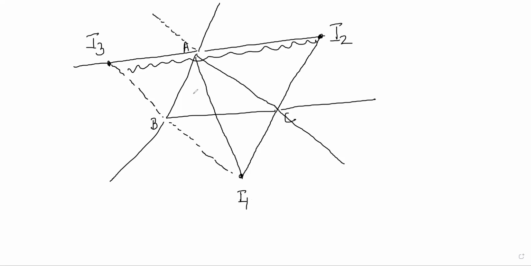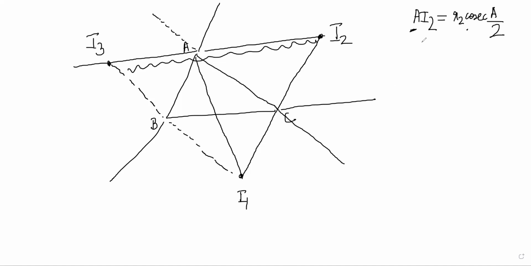Sir, we have AI1, AI2 and AI3. So AI2, we know just like we know AI1 in question 3, right? So R2 cosec B by 2, R2 cosec A by 2, right? B by 2, no? Why B by 2? Opposite to angle B. AI1 was R1 cosec A by 2, no? If it had been BI2, then we would have to take B by 2. You have to realize the symmetry. AI2 is R2 cosec A by 2.